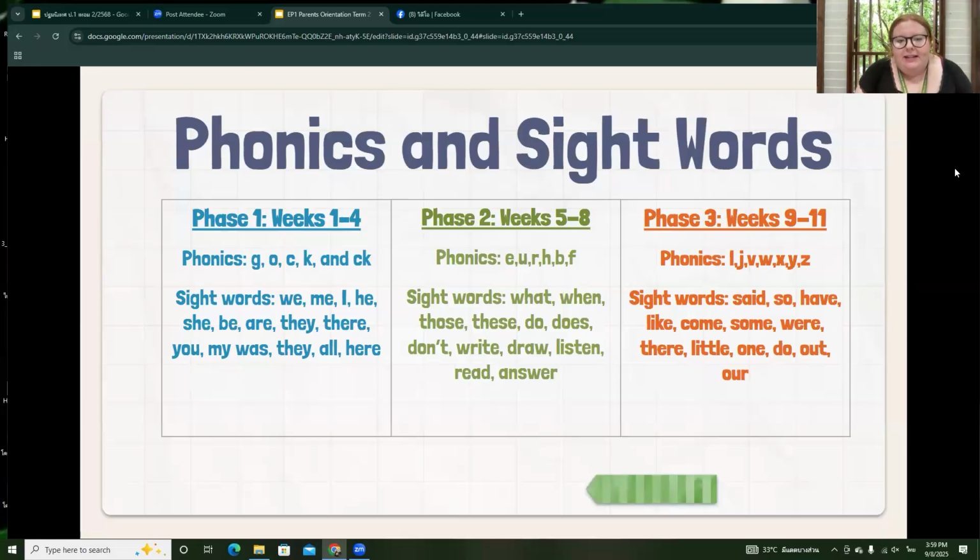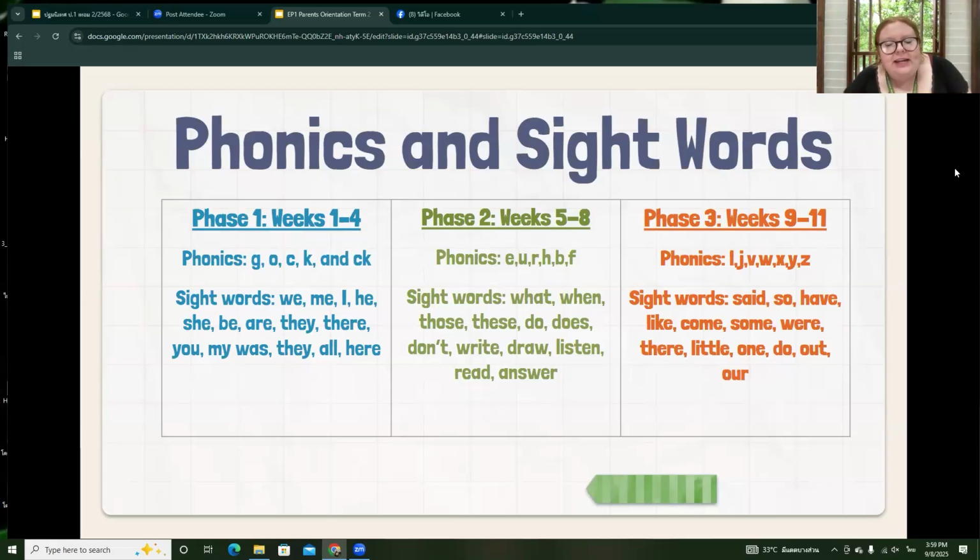For the second phase, we have another set of letters that we'll be working on. We'll be working with letters E, U, R, H, B, and F, along with another set of sight words as well. These we will be adding words to help them with their tasks. So you see words like write and draw, listen, read, and answer.